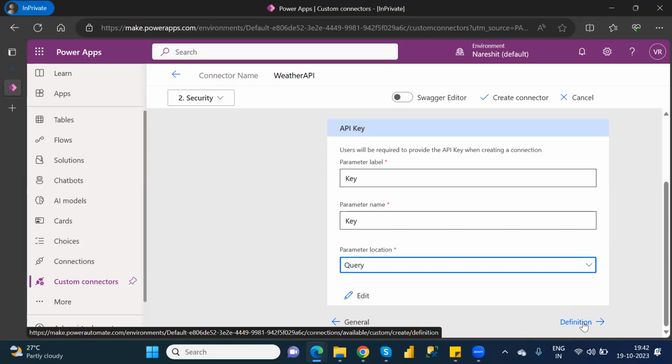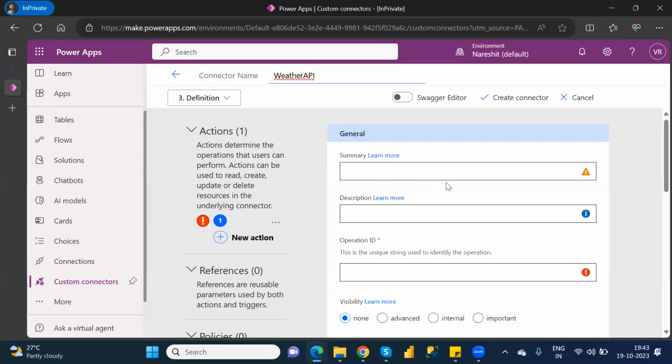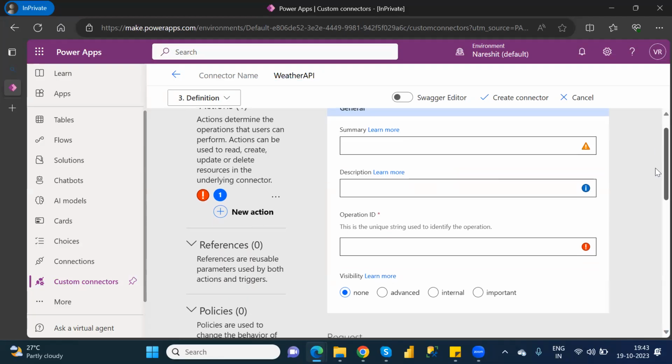click on definition. That means you have to go to the next tab. The next tab is the definition tab. In this definition tab, you have to set it as an action. That means you have to pull whatever data is there in that API here itself. For that, click on new action. When you click on new action, here itself you have to give some details like